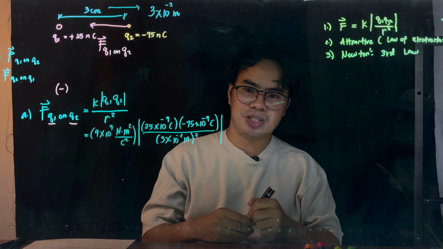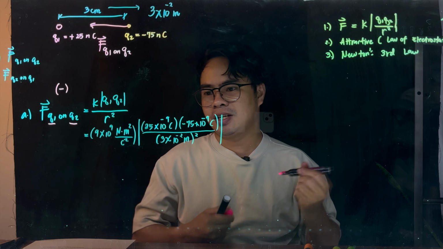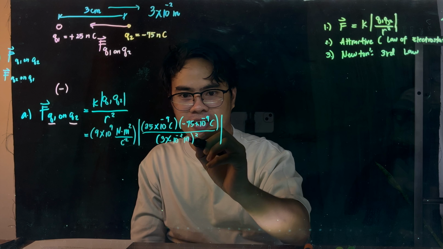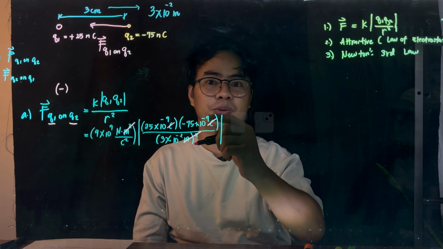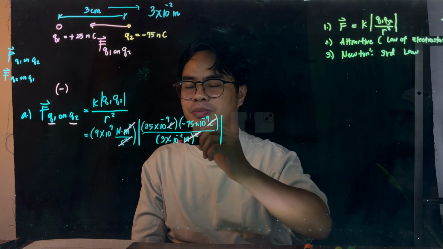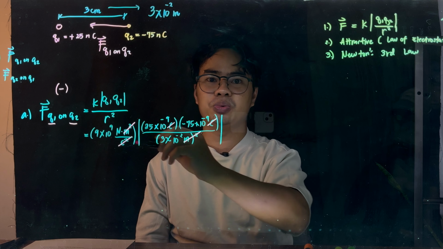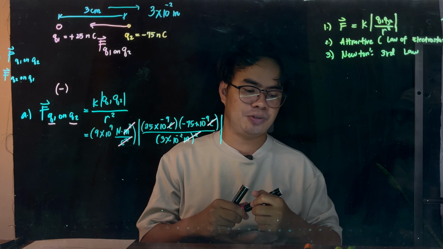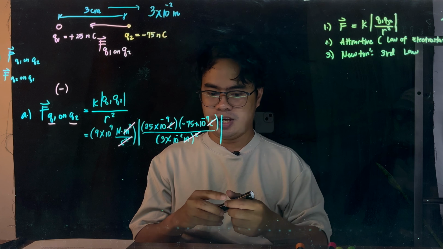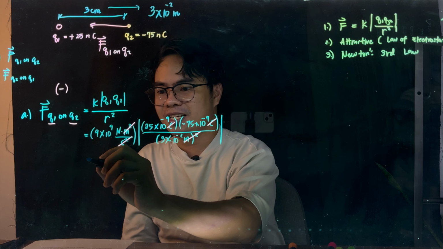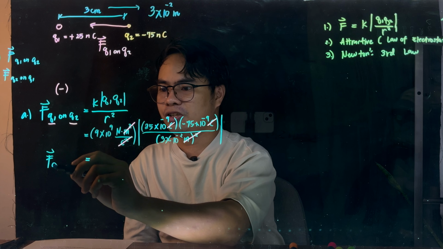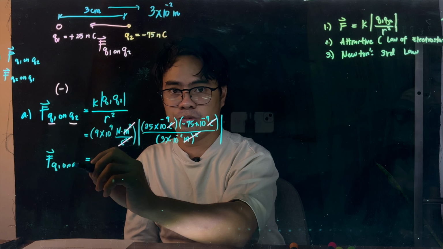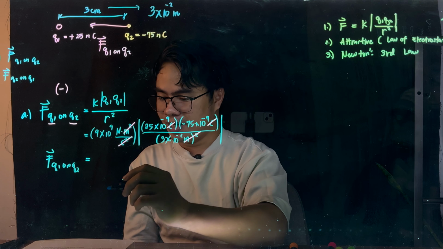So looking at the units, it's quite apparent that the meters here will cancel out, and the C times C will result in C squared, which will be canceled out by that unit, and we end up with newtons, which is a sensible unit, of course, for a force. And after plugging it in your calculator, you'll get that the force that Q1 exerts on Q2, according to Coulomb's law, is simply